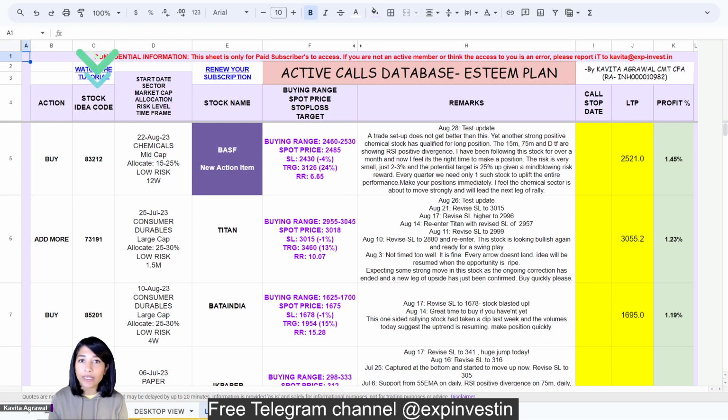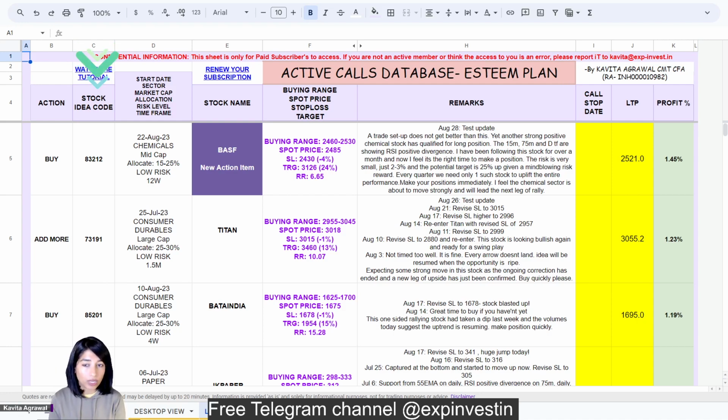It is not linked to any stock information outside of the purview of EXP-Invest. It is definitely not the BSE code. Some people sometimes end up confusing it with that, because remember, the BSE codes are firstly 6-digit and these are only 5-digit. So these are EXP-Invest's internal unique codes, and the reason why they are made available on the